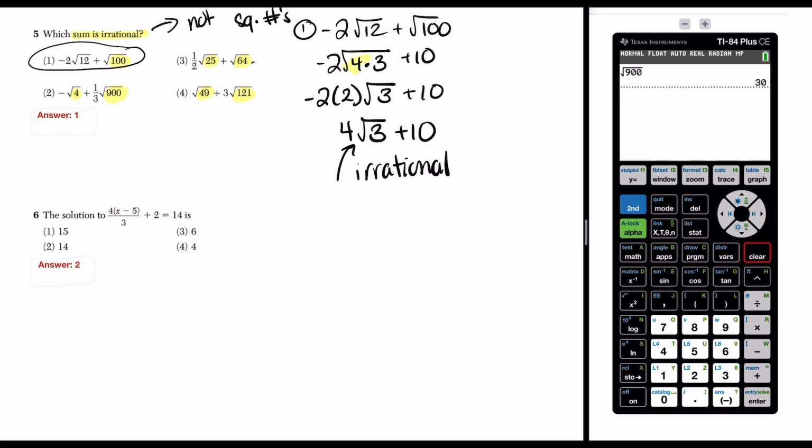Let's clear that one. Let's do it all over again. -2 square root 12, go outside, plus. Really silly mistake to make, but I do it all the time. I sometimes forget to put that little plus sign, and now plus second square root 100. There we go. Now it matches, and when you enter it, you see you get this long number